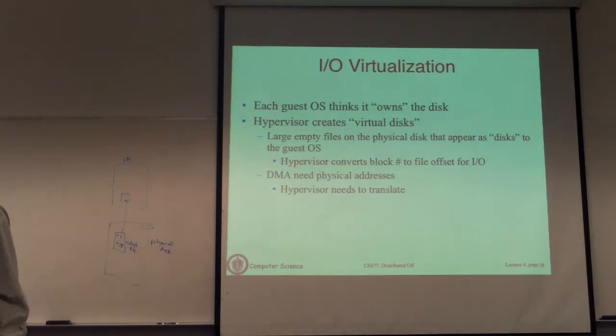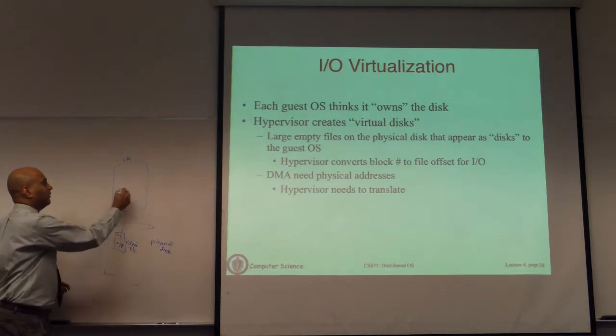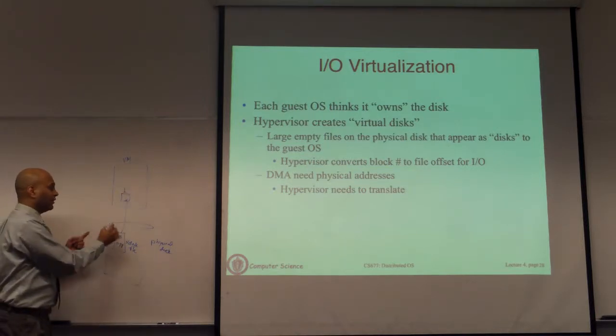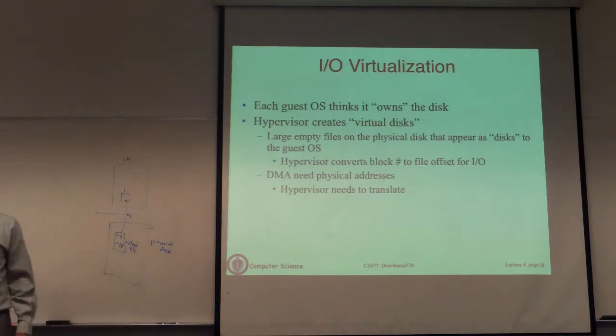You can read and write to this disk just as you would read and write to the physical disk, except that when you read and write to this disk, so here is your OS, what is actually happening is you're reading and writing to a file on the native machine. But inside the virtual machine, this just appears to be a disk. It's a logical disk or an emulated disk. Okay, is that clear? What is actually going on? So you could do this.